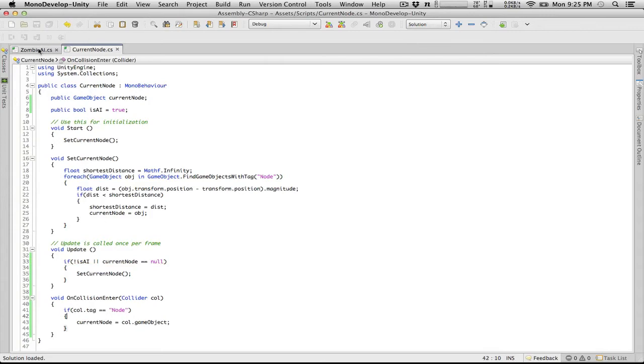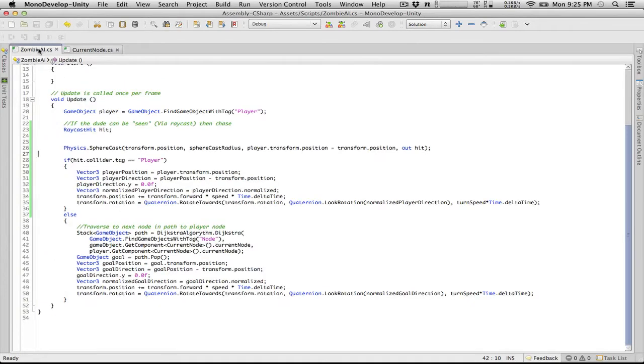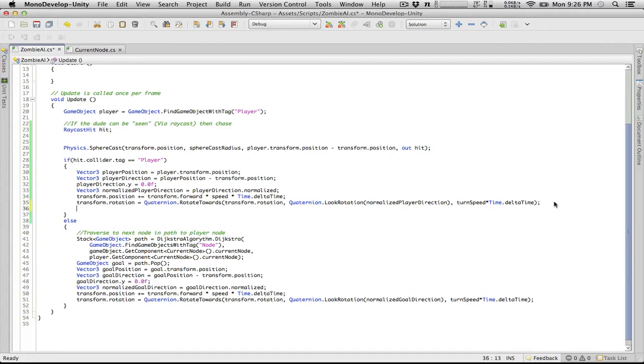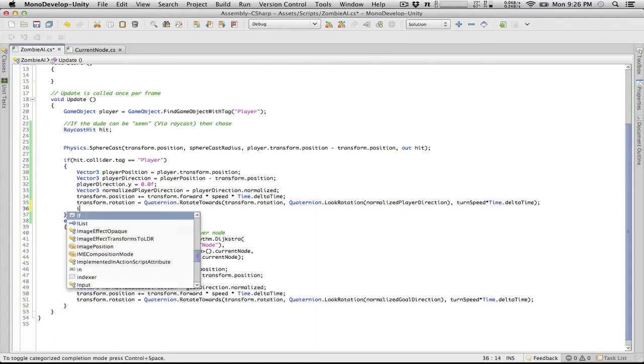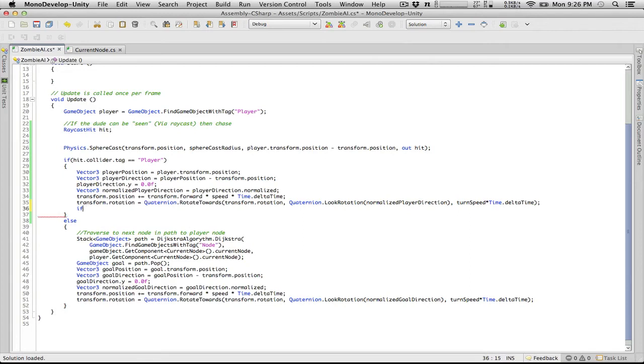So we go into zombie AI here, and I'm going to basically set it so in the event that it can see the player, at this point, it sets this stuff to null. And it'll be setting it to null every frame at this point. We don't really care about that. There's a little bit of overhead. It's not going to hurt us. So if, actually, we don't even do an if. We just, at the end of this, I'm just going to say,